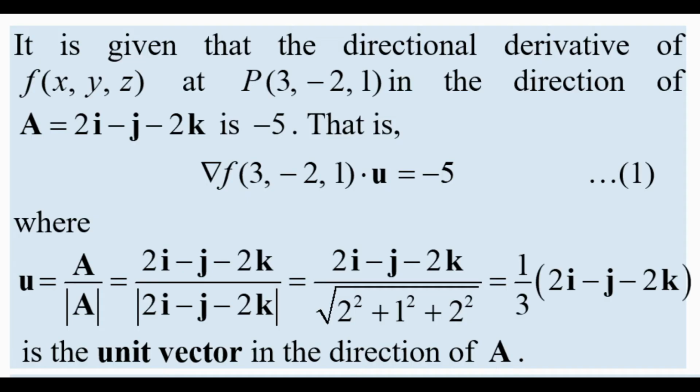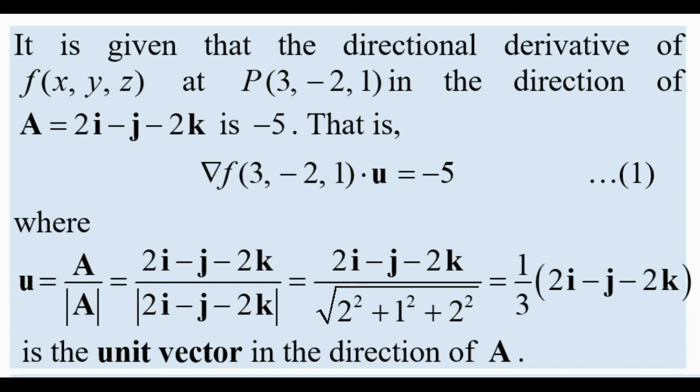It is given that the directional derivative of f of x y z at the point 3, negative 2, 1 in the direction of the vector a equal to 2i minus j minus 2k is negative 5. That is, by the definition of the directional derivative, it is the dot product of gradient of f and the unit vector in the direction of a, and so we have grad f at the point 3, negative 2, 1